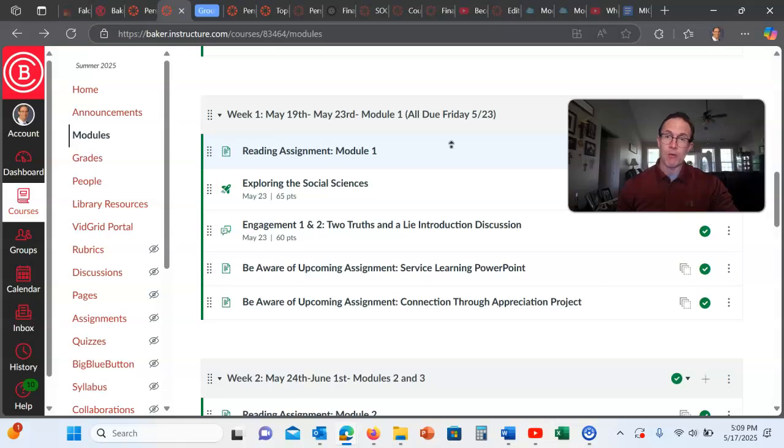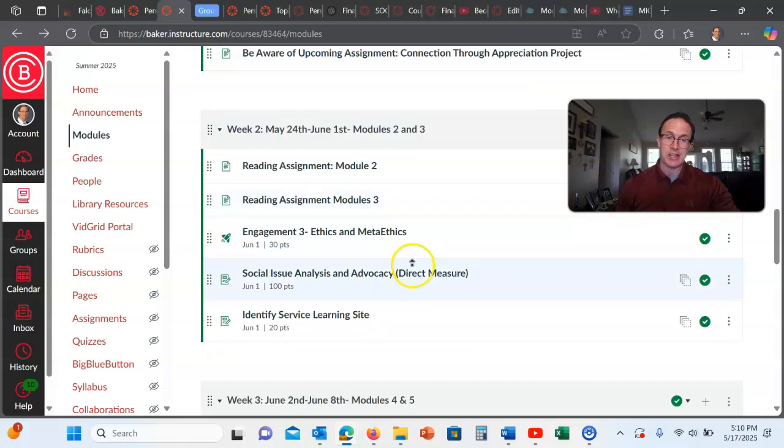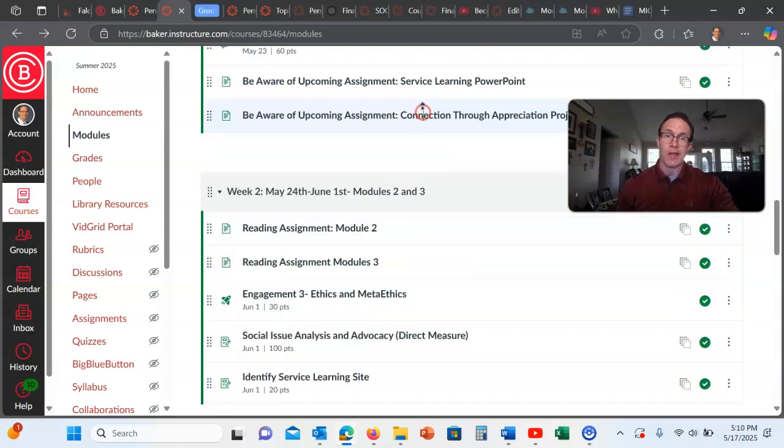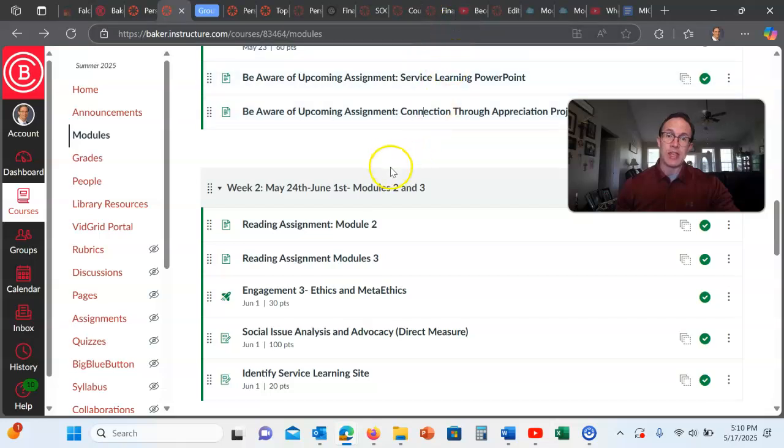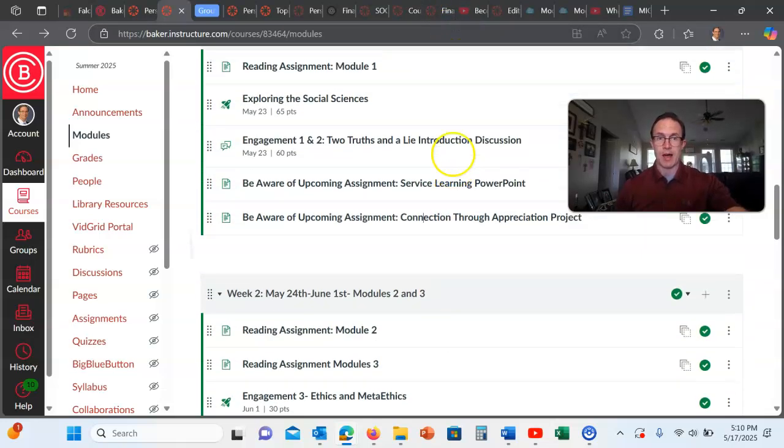And so what I want you to do is, as soon as Friday comes, and hopefully you get this done before Friday, because it's, like I said, fairly short, then start jumping on these others, because you can see the next module, there's a lot more assignments associated with that. What you need to think of on this first module,